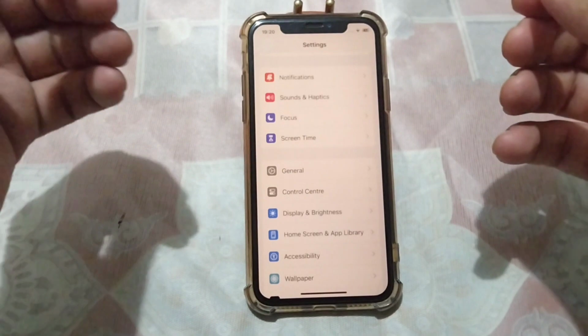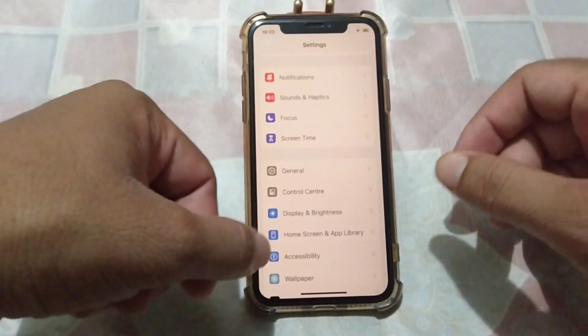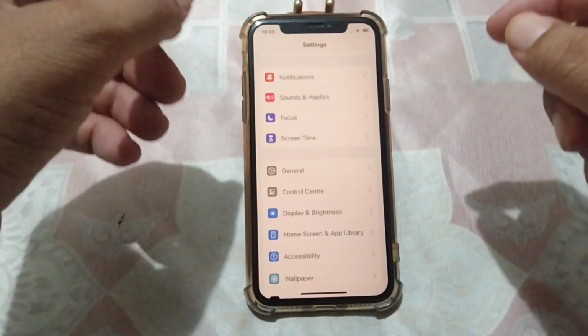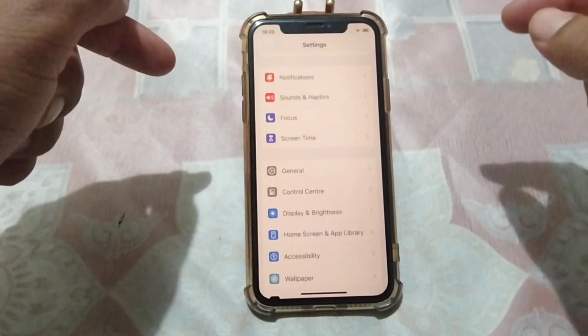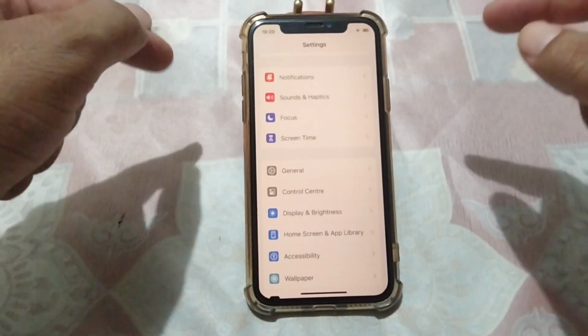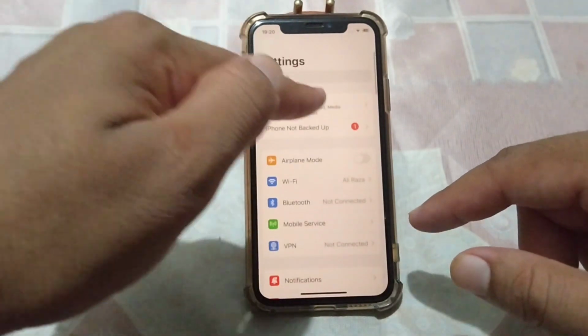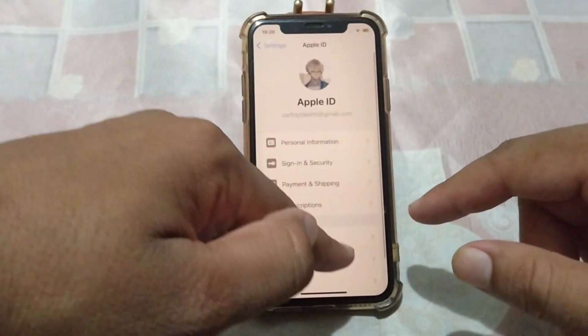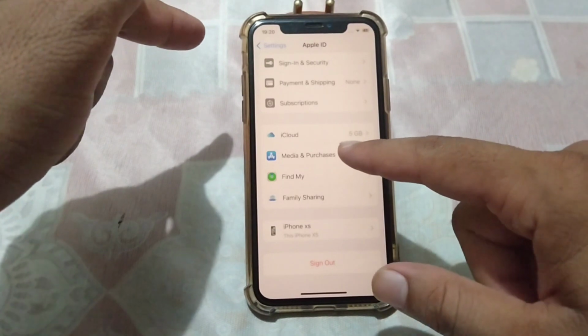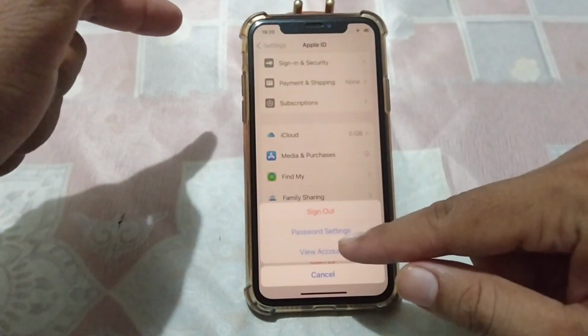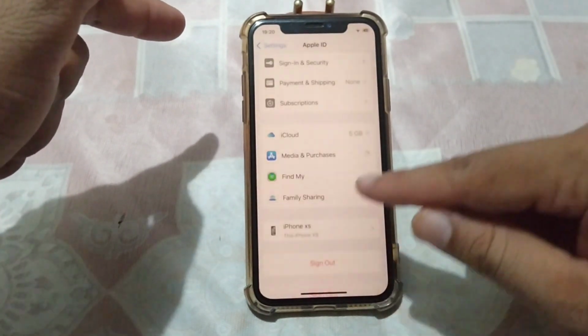If you are still facing this problem, that is you will have to just change your country or region according to your debit or credit card. For that, open your Settings again and tap on your profile, and from here scroll below and tap on Media and Purchases. From here, tap on View Account,